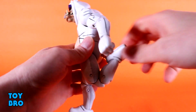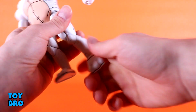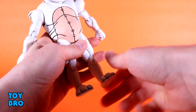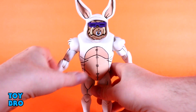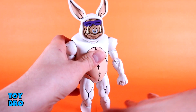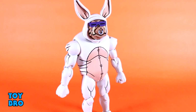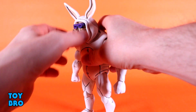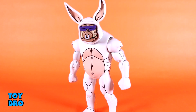You've got your double jointed knees, and then we've got rocker, and we've got hinges down at those ankles. This might be the only joint that was perfect out of the box. The ankles on both figures were just fine. Otherwise, though, I did have to heat both of these guys up. I didn't have to resort to any super hot water or boiling water or anything. I just used a hairdryer real quick, and they were able to sort of peel themselves apart. So they do move